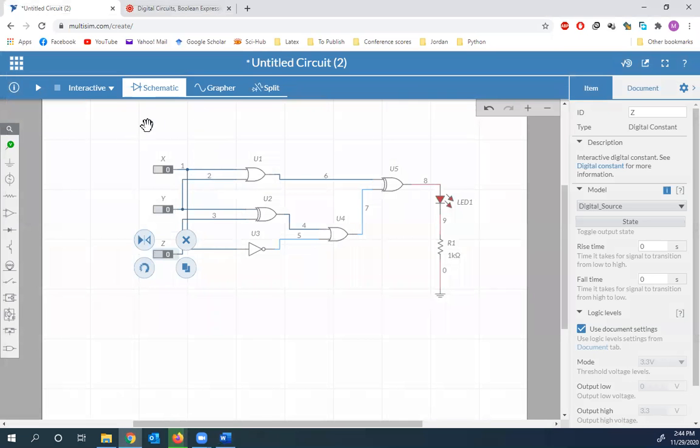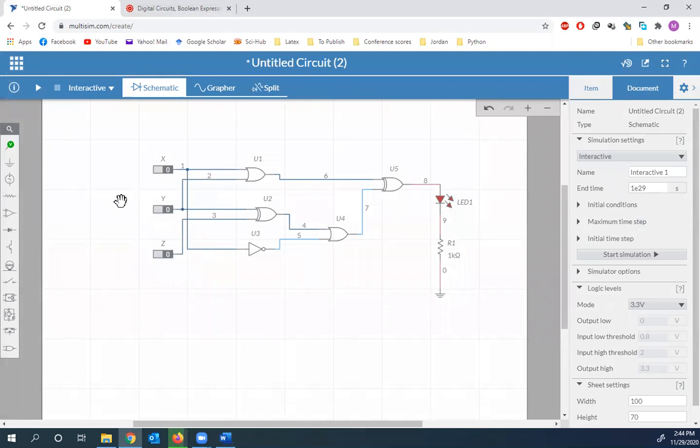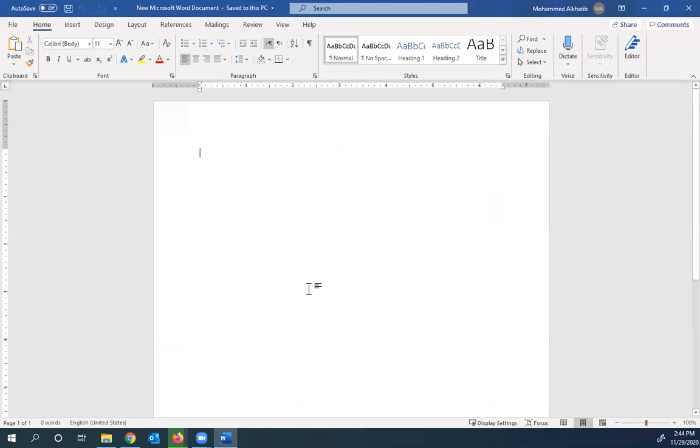Okay, go here. We have 3 inputs here, X, Y, and Z. So how many combinations will there be? 2 to the power 3. I'm going to have 8 combinations, from 0, 0, 0 to all ones. So we'll go to the table here,